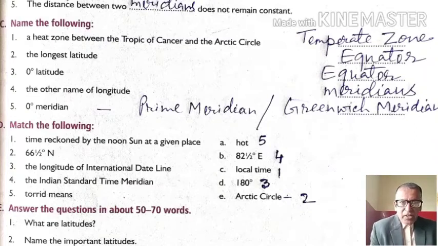Again I am reading. Time reckoned by the noon sun at a given place, local time. 66.5 degree north, Arctic Circle. The longitude of international dateline, 180 degree. The Indian Standard Time meridian, 82.5 degree east. Torrid means hot. So in this way we have seen the objective questions of lesson number 3,